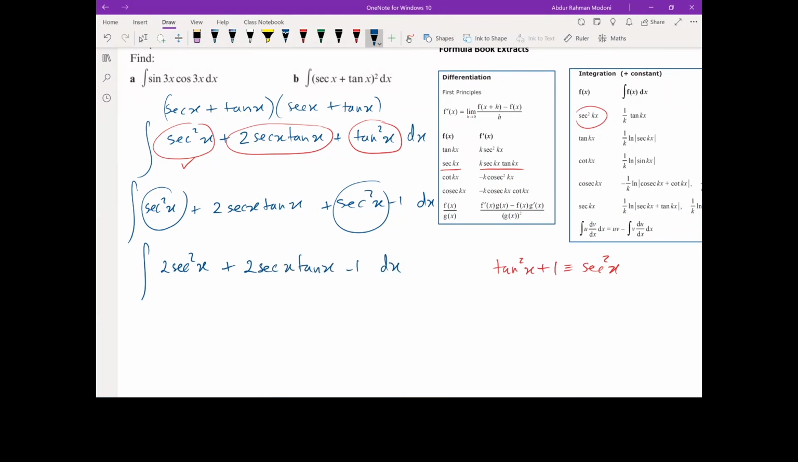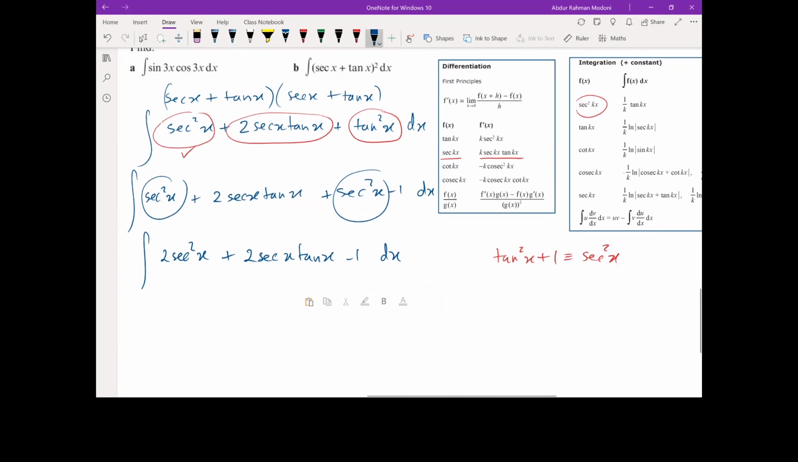dx. Now I'm ready to actually integrate them, because all of these are things that we can integrate using standard results given to us in the formula book or ones that we already know. So starting off, I'm going to integrate sec squared x. Sec squared kx gets us 1 over k tan kx. So the 2 just stays as it is. That's just a coefficient. It's what's multiplied by. So the integral of sec squared x becomes tan x